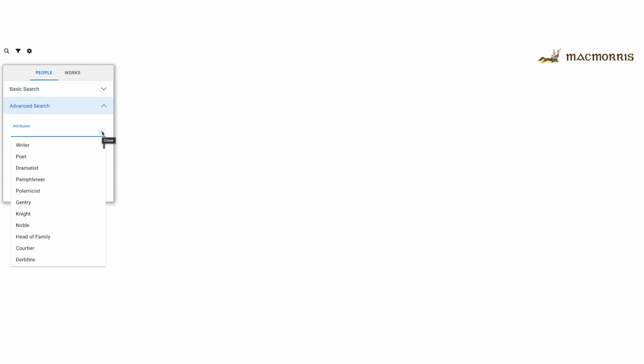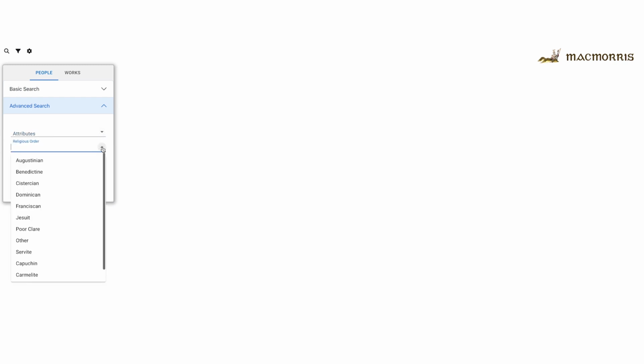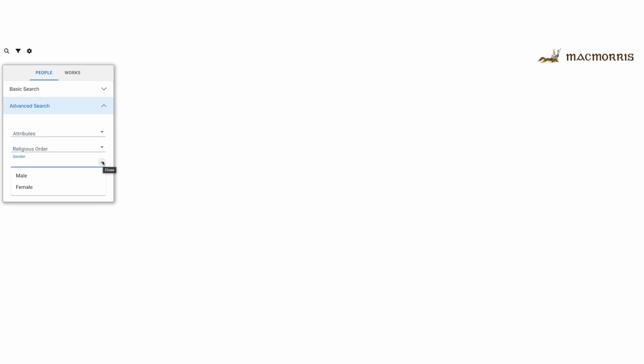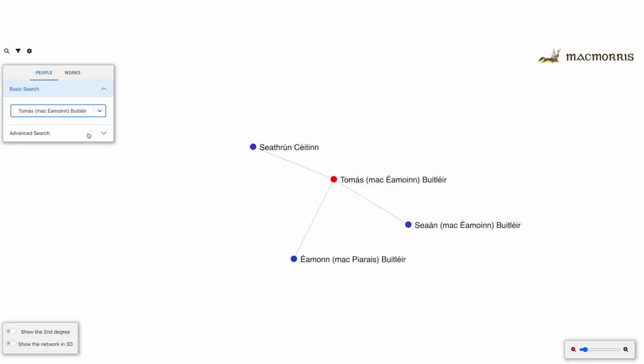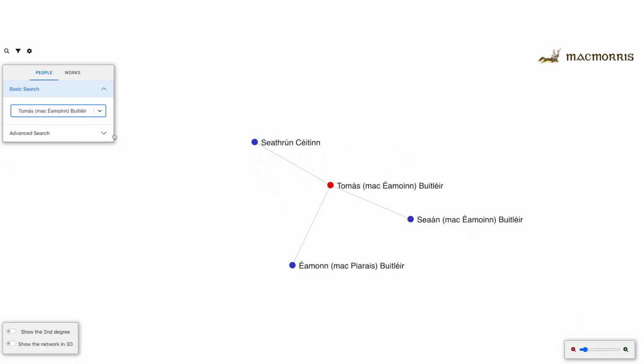Using the basic search function for the people network, you can search for a person of your choice or choose between 3 random searches. You can use the advanced search to refine your search by choosing from the attributes, religious order, or gender drop-down boxes. When you search for a network, the person you searched for will be at the center, and those connected surround them. Hovering over an edge brings the connection into focus,